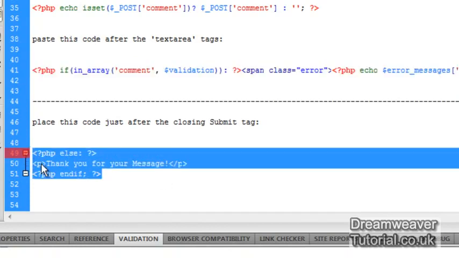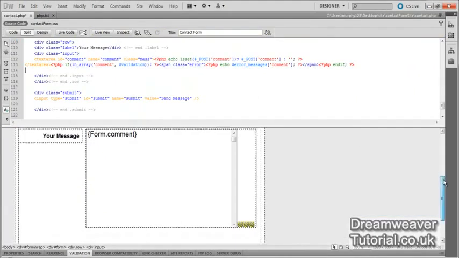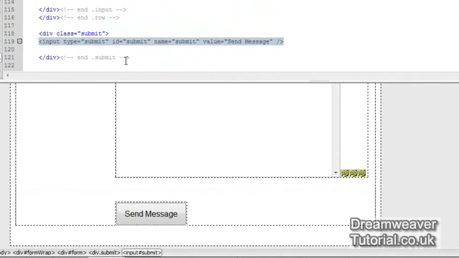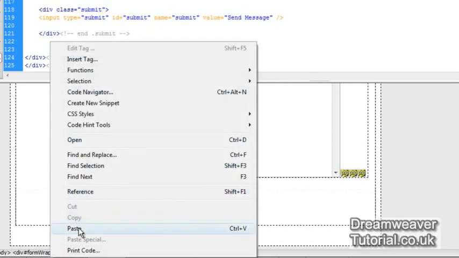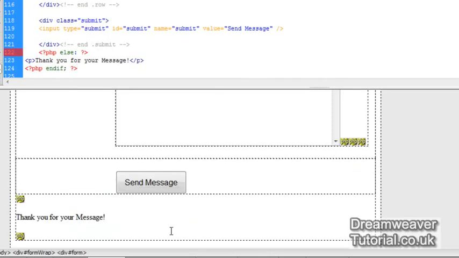Let's copy it by right clicking and selecting copy. And now back to our form page, and we're going to paste this code just after the submit button. So click on the submit button, which will highlight the code inside of code view. And we'll paste the code in just after the submit button code. So right click and paste. And if you refresh the page by pressing F5, you will see the thank you message appear between 2 PHP